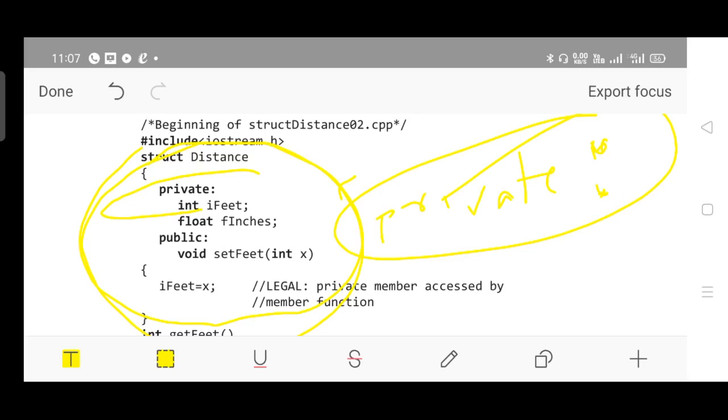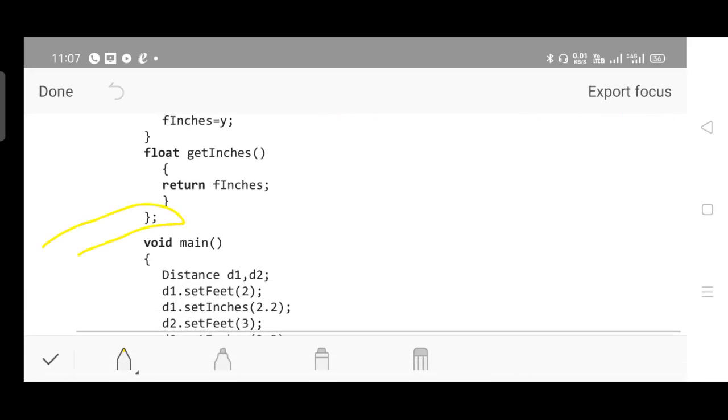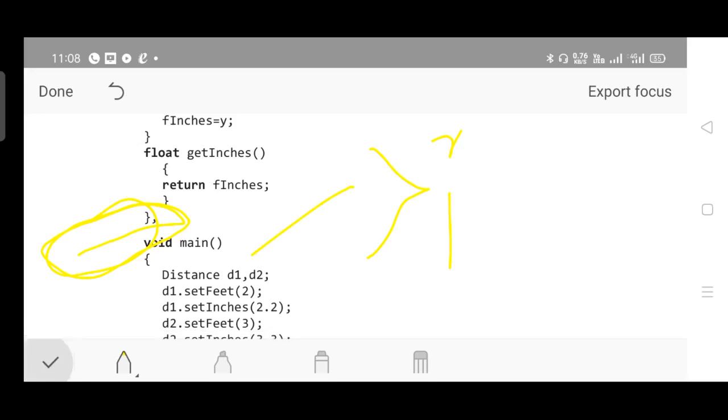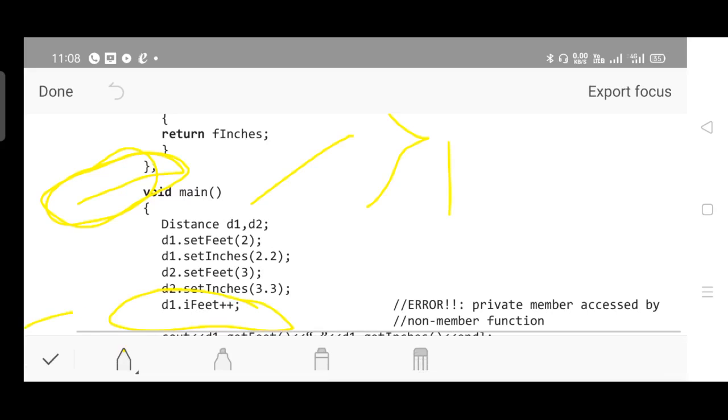Where the structure declaration ends, see here, the closing bracket followed by a semicolon, the structure body ends. Then the main function begins, and the main function is not a neighbor of the structure members. Main is an independent body, and the structure is an independent body. Check the location which I am highlighting.